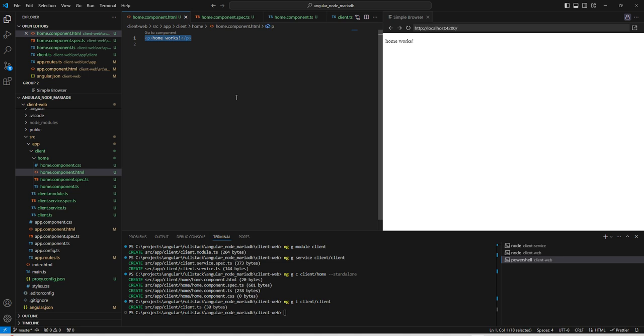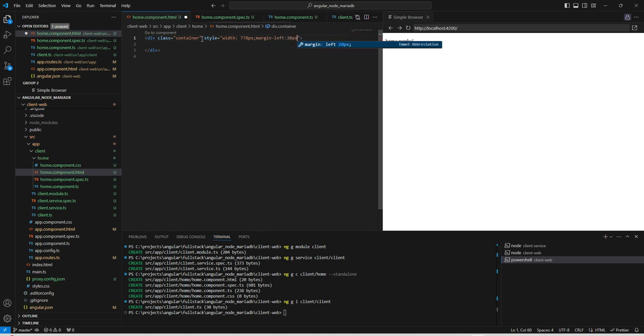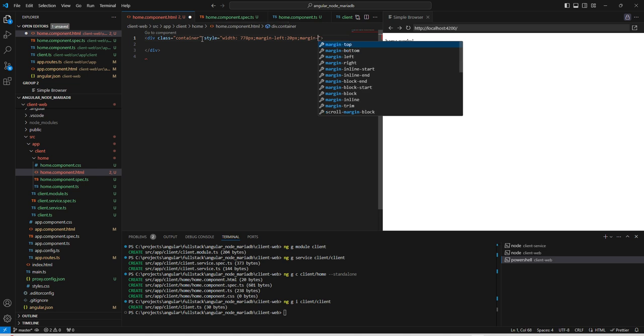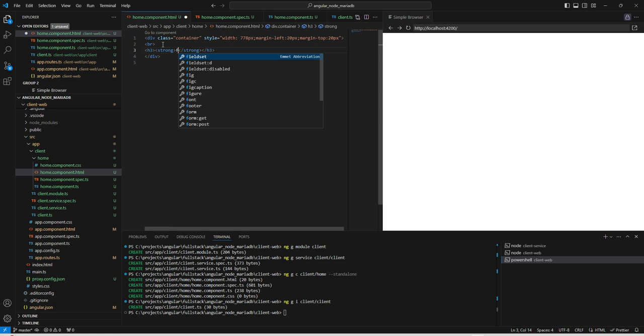Here is the container div, and here we can add some style. We can mention some width, let's say pixel. Margin left we can add some 20 pixel, and we can add some margin top as well, let's say 20 pixel. That's it. Now next thing, here let us add one line break, and here we can add one h3 header, and we can make it as a strong, and we can say header name